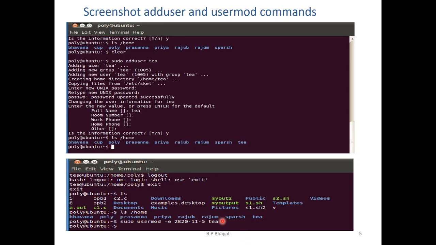So the example is sudo usermod -e 2020-11-5 T. With this, the T user will get disabled on 5th of November 2020.